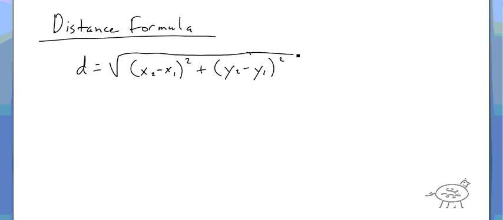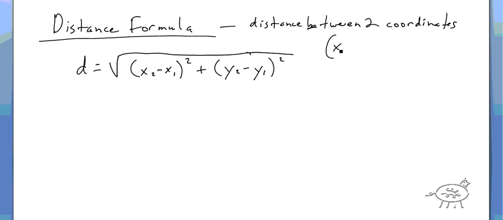So now, use the distance formula to find the distance between two coordinates, and the coordinates are going to be x1 comma y1 and x2 comma y2. So you're going to be given 2 points, and that's how you're going to find the distance between those 2 points. And just real quickly,